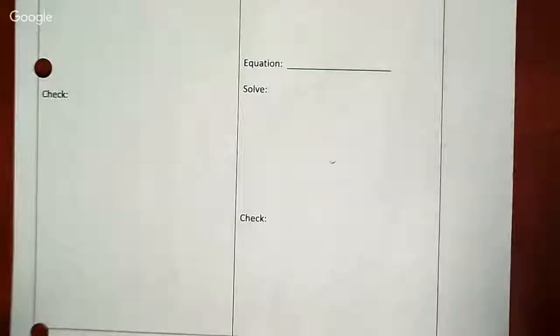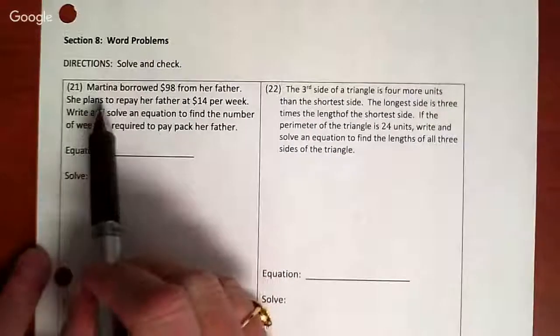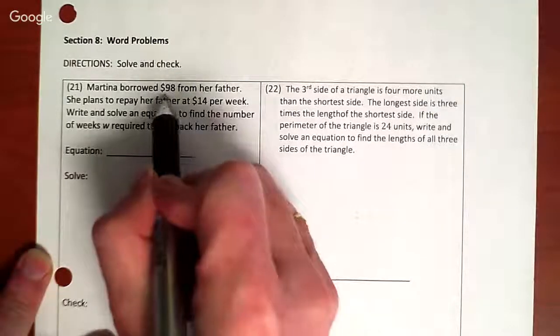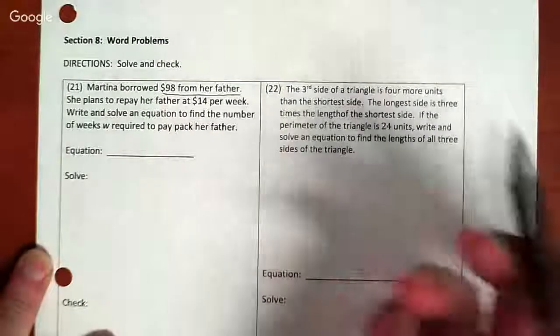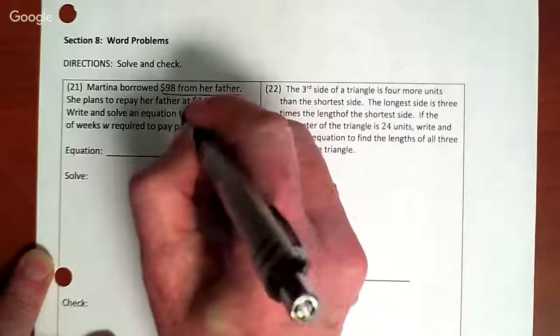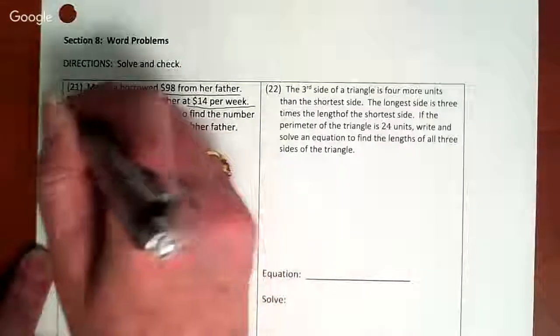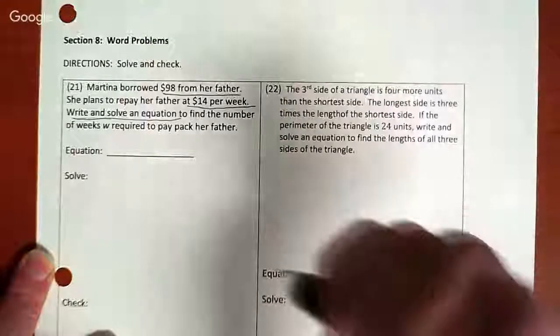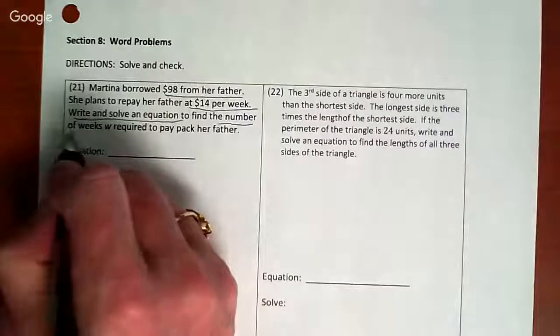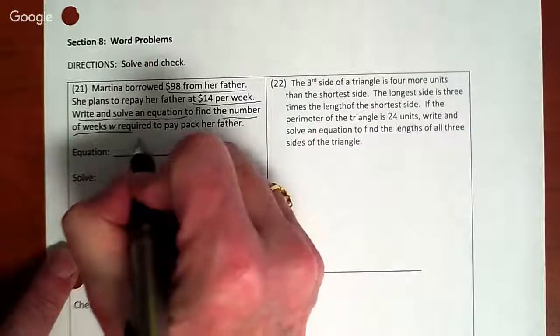The last 4 questions that we have, ladies and gentlemen, are our word problems. Remember, they do take let statements. So this first one, Martina borrowed $98 from her father. You can do no fine charts, you can underline. She plans to repay her father at $14 per week. We don't know how many weeks. So we have to write and solve an equation to find the number of weeks, W, required to pay her father back. So let